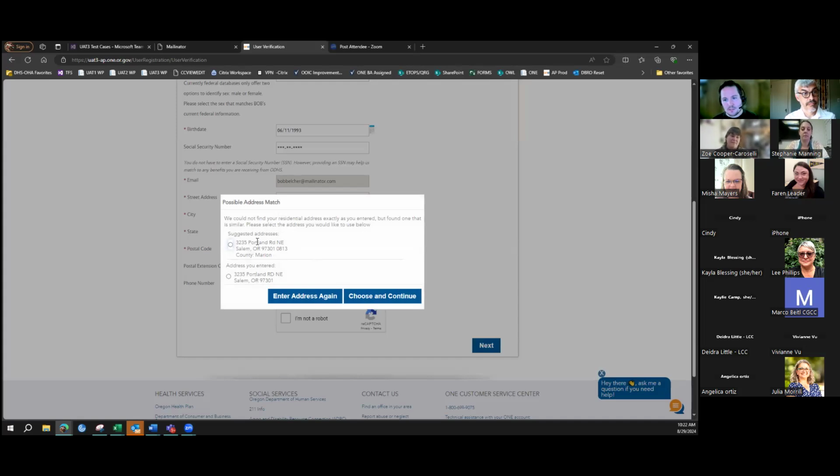So you can go with the suggested address, or in some cases, maybe you're living in a space that's split between two different counties, two different jurisdictions, things like that. You can select what you entered and what you know is right. I'll go with the suggested address here.